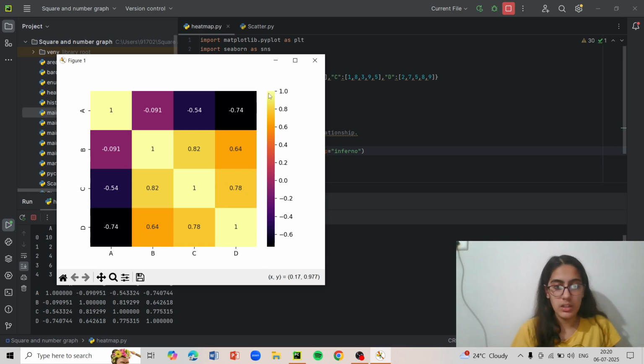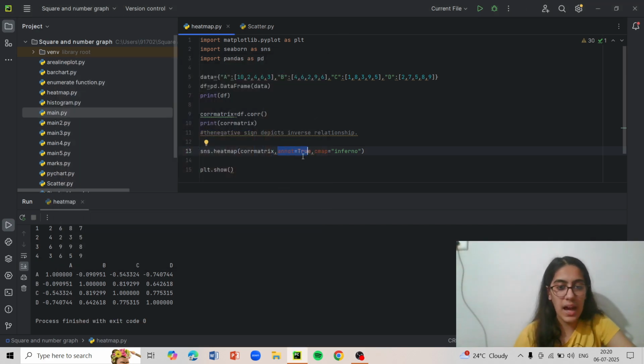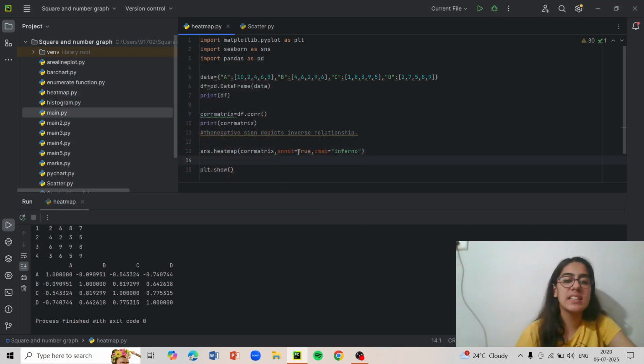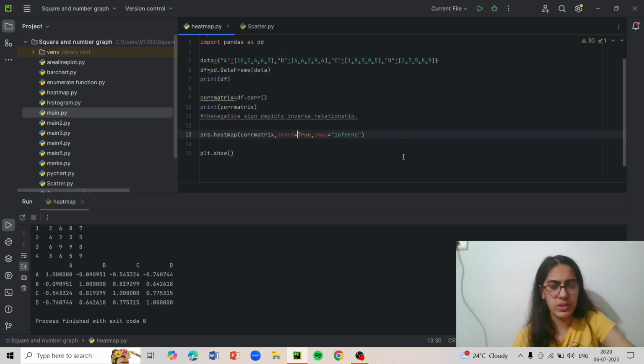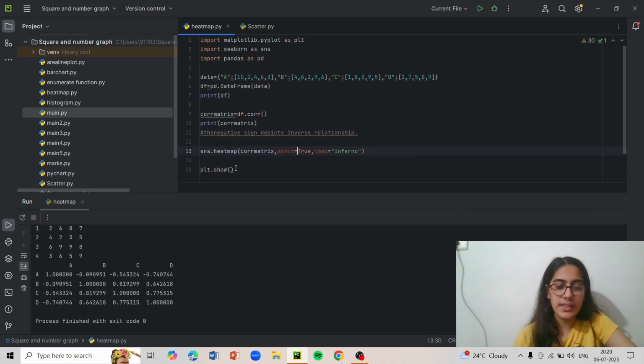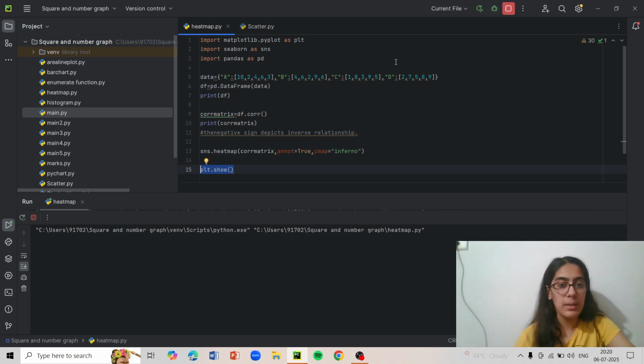This bar which I am using right now, from this point to this point, is what the annot means. If we put annot as false, then that bar won't show. The original annot is true, so we don't need to put it, but we just put it for our sake. And then plt.show is the common thing. So this was all about the heat map.